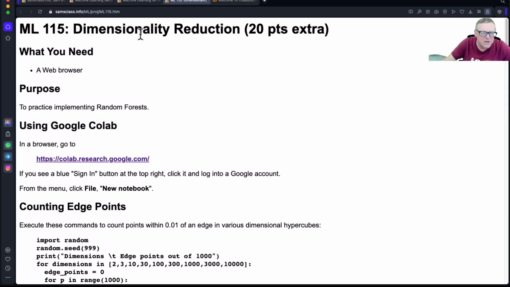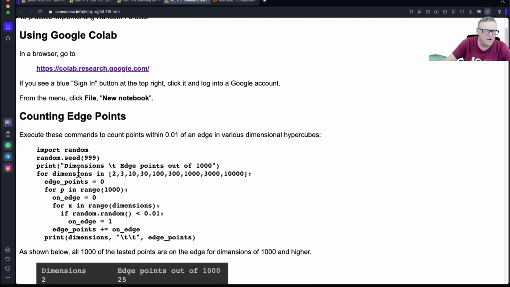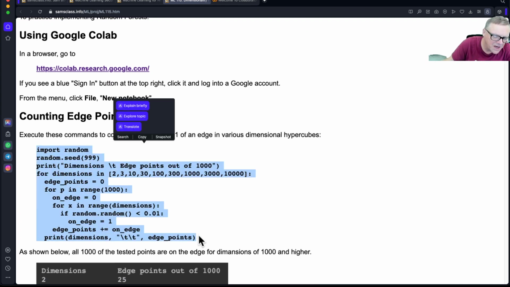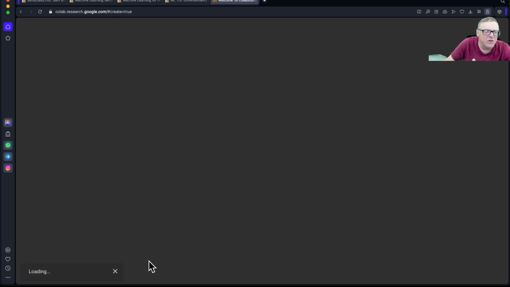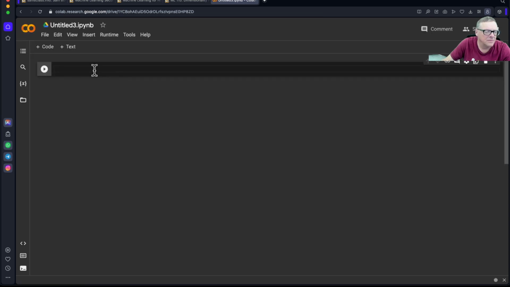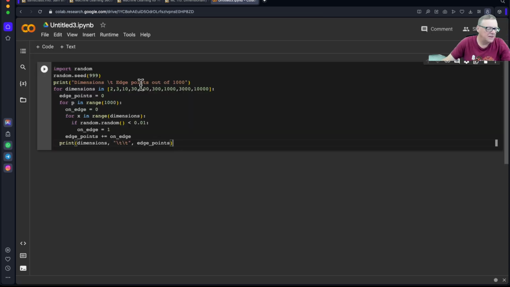So let's talk about dimensionality reduction, and this basically, like many times, just does the stuff that was in the book. They didn't do these calculations in the book, but I thought they were interesting enough to do. So if I make a new notebook, all right, and